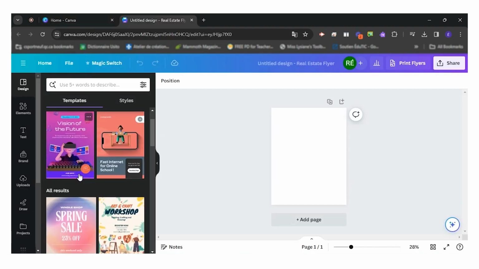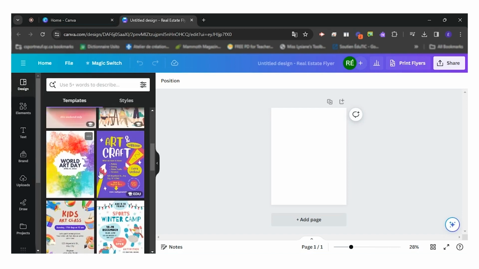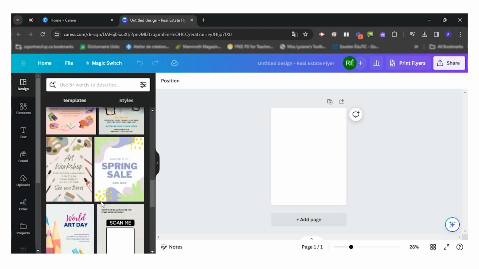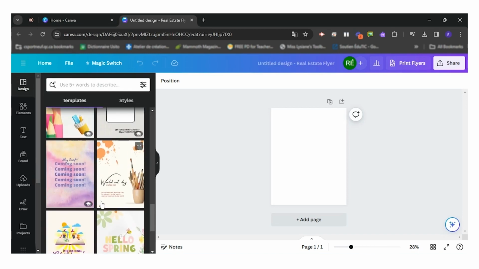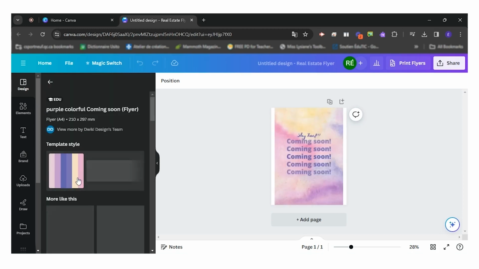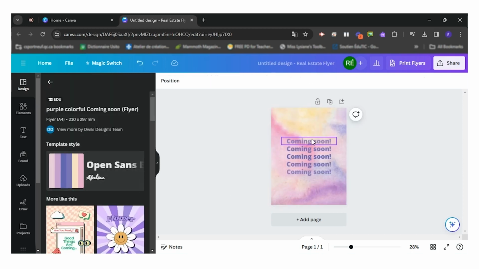Once I have my flyer, I see there are already many different models available. I'll choose this one because I like the background of it. You could also start with a blank template if you wanted to. Today I will do a collage to recreate the story of the wolf and the three little pigs. That will be my task for today.